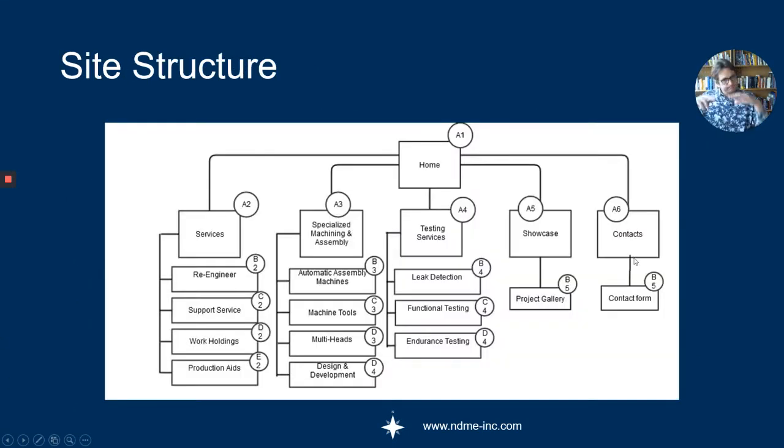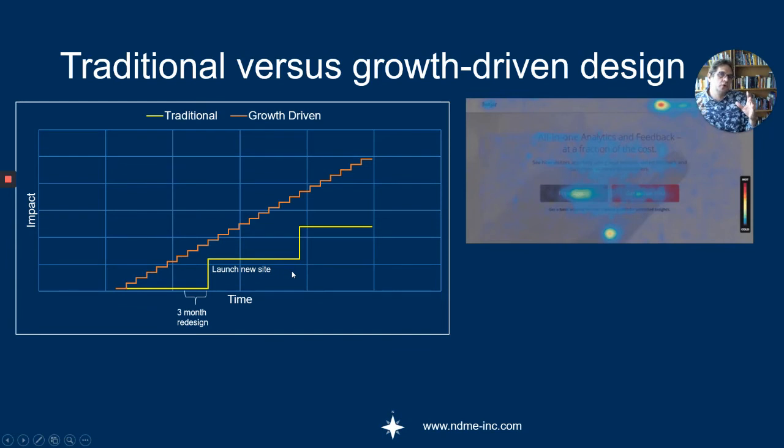As I've said earlier, once you've defined your persona, really to engineer the journey and the site structure is quite easy. This is just a generic case, just to show that you would design your website according to the journeys that you want to take the client down as you lead them down your sales funnel. And the different personas will have different journeys. Now, what's important to me is actually that one has a growth-driven design. The reason I say this is that you've got different personas, you want to take them down different sales journeys,